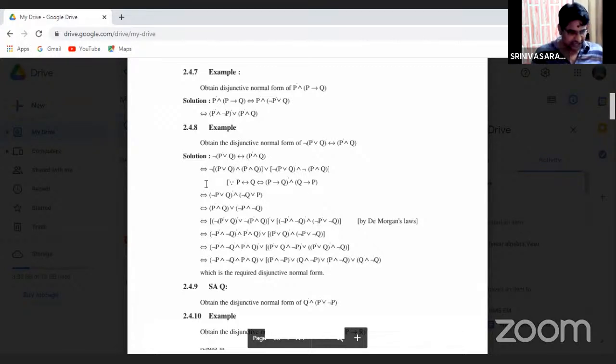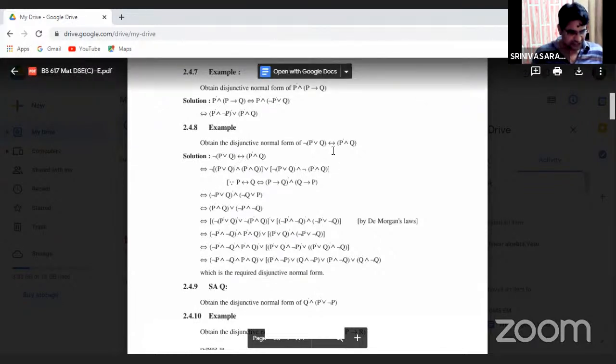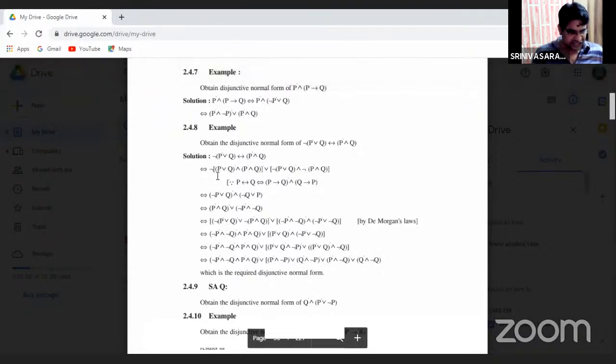Now if and only if, negation of the given part is also considered in the given row. Negation of (P or Q) and (P and Q) are negation of (P or Q) and negation of (P and Q), because according to this expression, this entire part is the first part and this is the second part. Okay. Now through this expression,